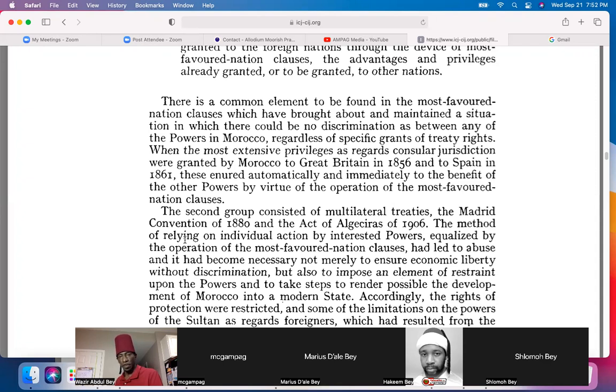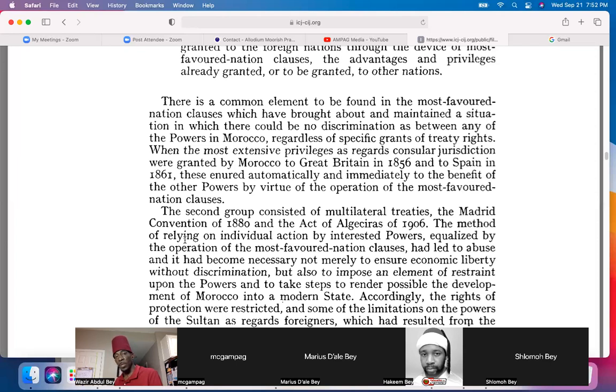But that's another story. These powers are in Morocco. And where do we learn the science of this being Morocco and the present Moroccan Empire? Prophet Noble Drew Ali, chapter 47.